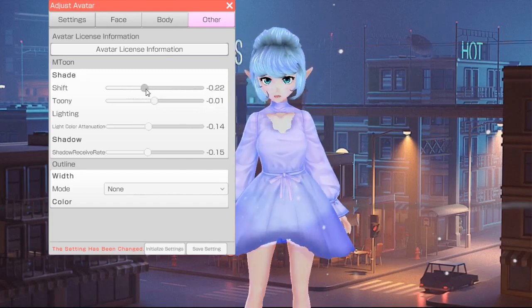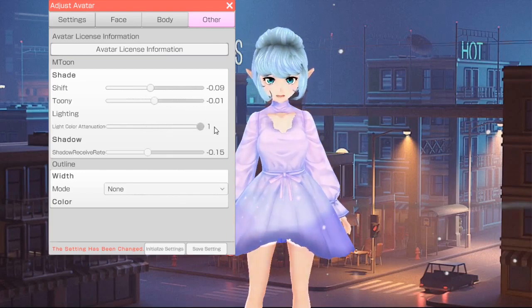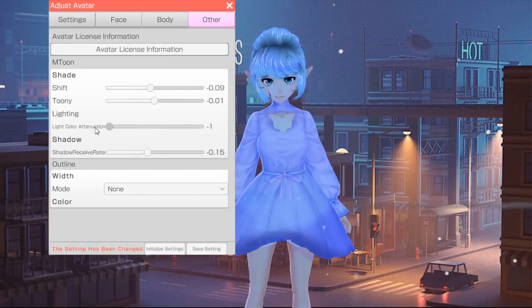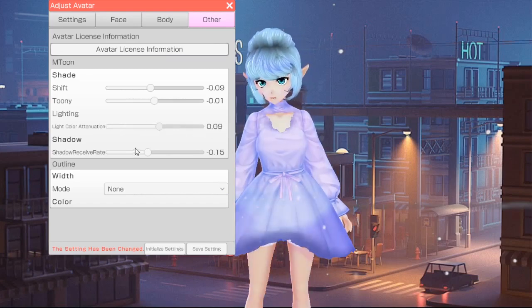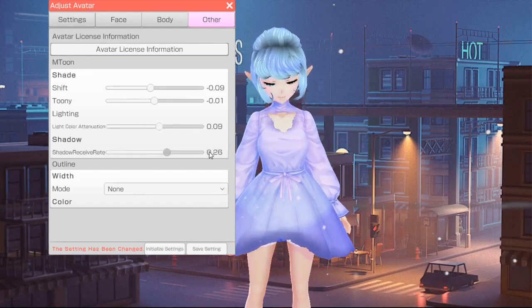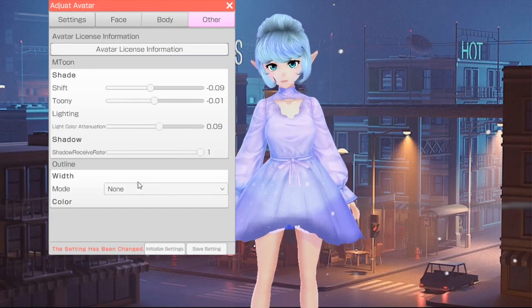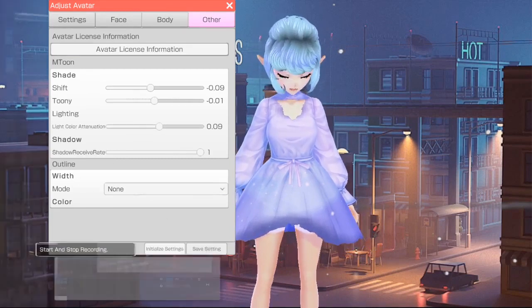Lighting, this is how much light is affecting your character, and we'll talk about that again later, but here is where literally no light is hitting your character. This means, okay, if a yellow light is hitting my character, she is taking all the yellow light right now, but here she might be taking less yellow light. Shadow, that's how much you want your shadows to be seen. See how my hair is dangling over my shoulders here? If I turn that off, there's really no intensity in the shadows. If I turn that up, you can see the shadows definitely a lot more. This outline down here doesn't really matter. You can ignore that for now. Save settings.